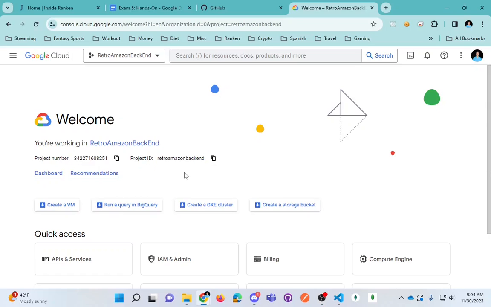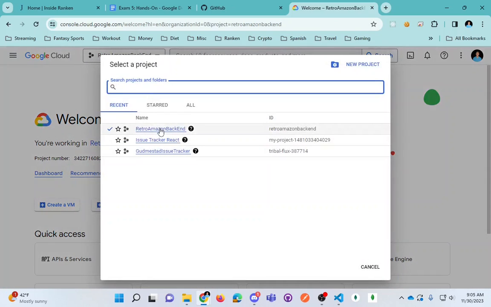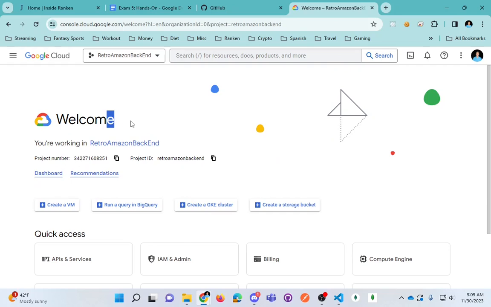Okay, I want to make a video today to deploy a React application to gcloud. A front end app, separate from the back end app. Many of you in my class currently, at the end of November, have a retro Amazon backend